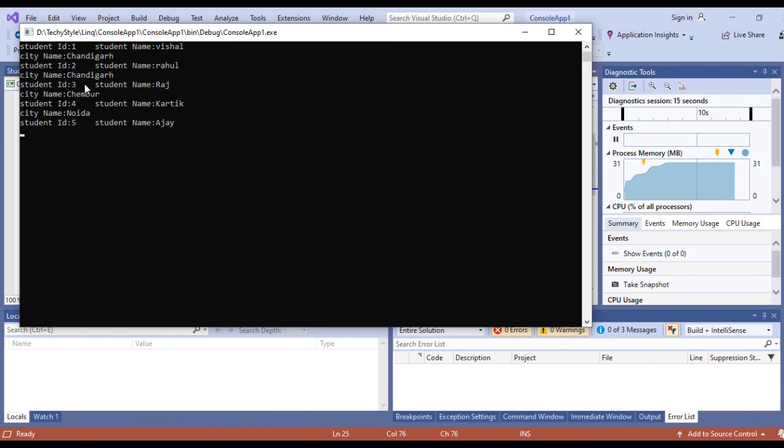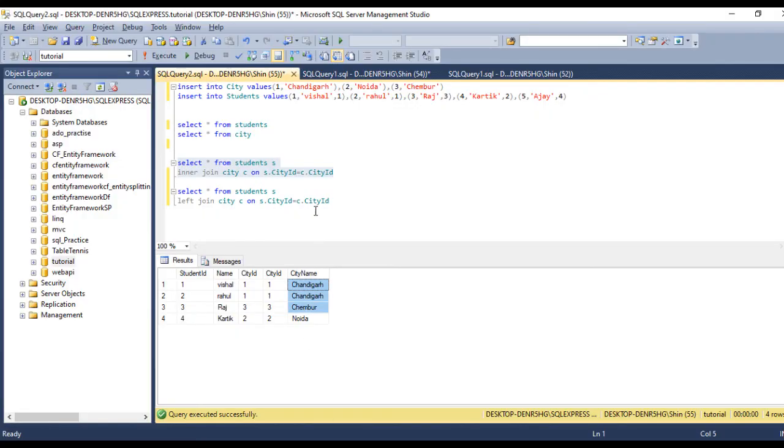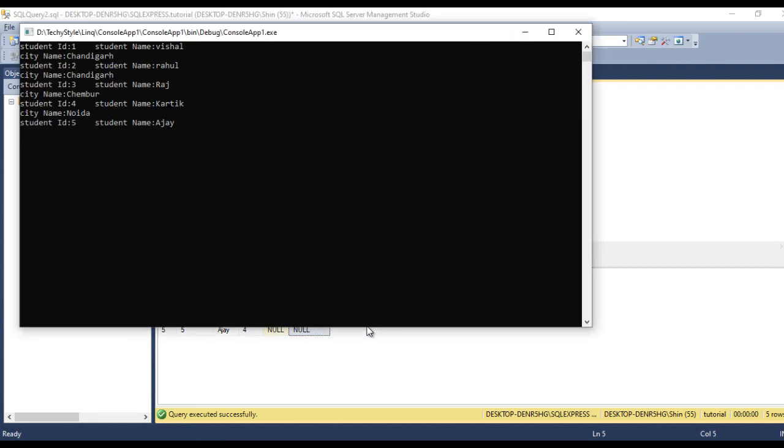ID 2 Rahul, Chandigarh, and then Raj, Karthik. And for ID 5 Ajay, we don't have any city name because, as I can show you in the database, the city ID is 4 and city ID 4 is not there in the city table.